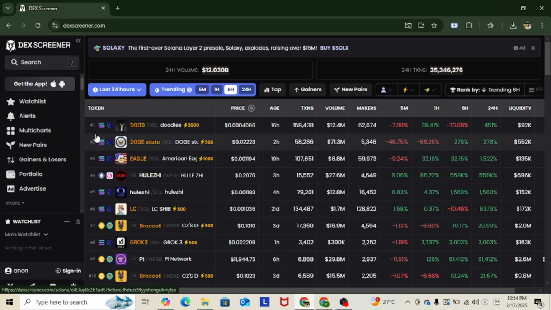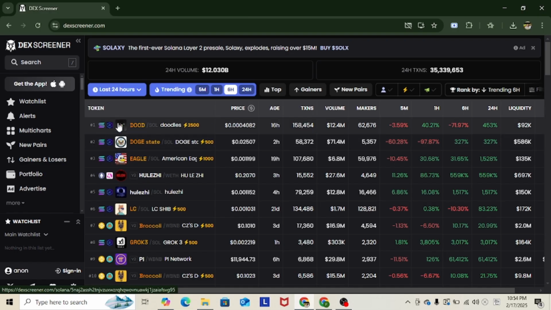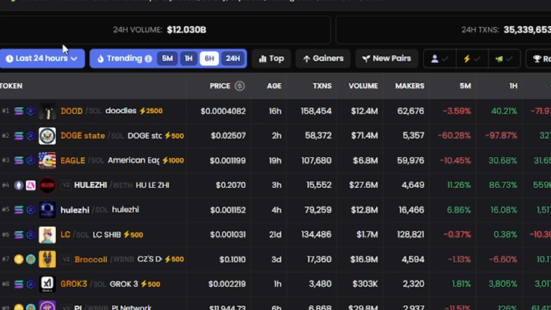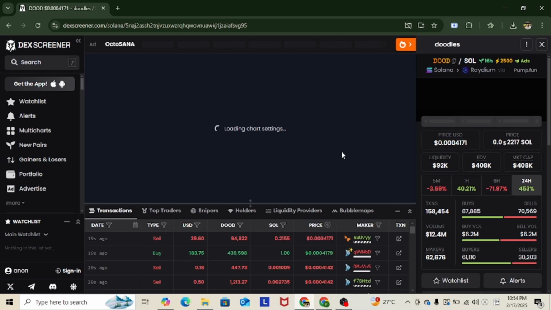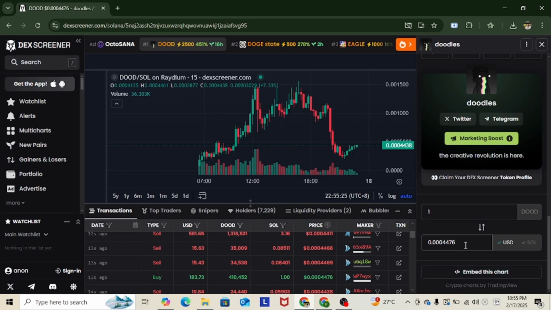And then to buy tokens, first we will have to make sure that you have enough funds for a transaction. And then to buy tokens, search for the token you want using the search bar right here. Or you may also just click on any token right here that you like, and then click on the token